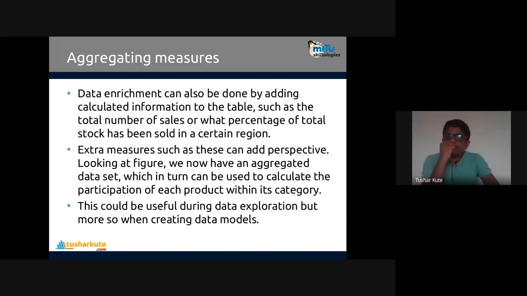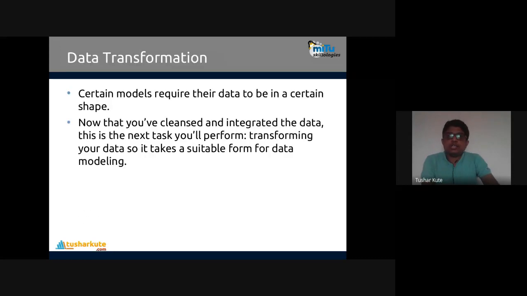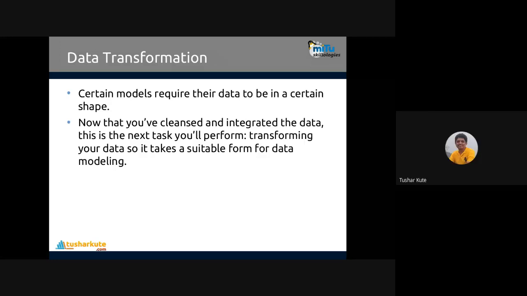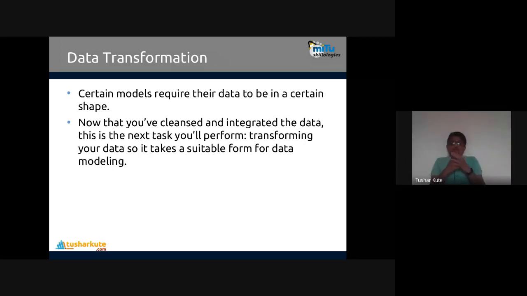So this is how we can make use of the aggregating measures. Many aggregating measures are there. We can apply them and generate new columns in the data set. Yes, this is what data preparation is. So before using any kind of operation on it, you have to prepare your data from all of these angles, like removing impossible values, removing outliers, combining data, aggregating the data. All these operations are required.